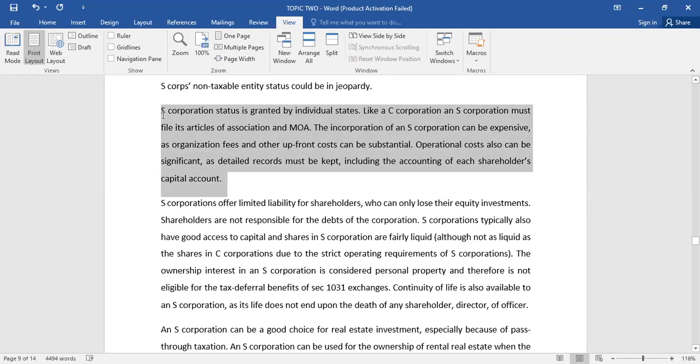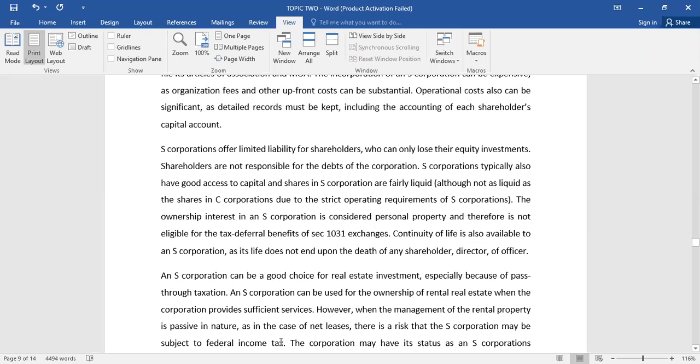That is why we are taking a lot of time to form. And for this one, you have to involve a CPS, a certified public secretary, or someone who understands the dynamics of forming a legal person. So it can be a good choice for real estate investment, especially because of the pass-through taxation. As an S corporation, it can be used for ownership of rental real estate when the corporation provides sufficient services. However, when the management of the rental property is passive, it becomes a problem because you might experience what we call